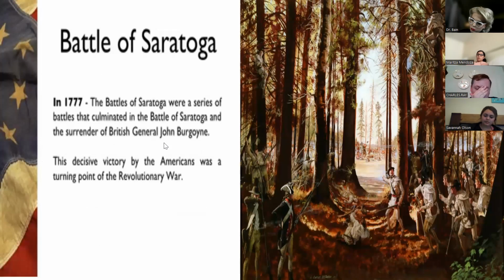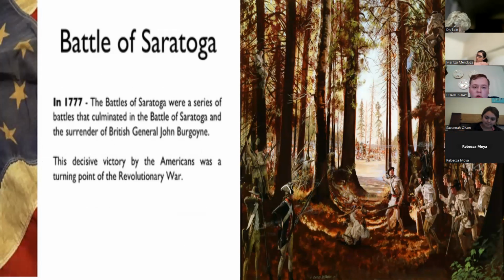Early on in the war, it does not go well for the Americans. They are fighting one of the best trained armies in the world, as well as one of the biggest navies. This is pretty much a losing proposition. I'll bet you $5 if we were to go back in time and not have the hindsight, we'd be betting on the British to win. We'd be betting they would crush the colonists. Honestly, another fun thing too is that most colonists weren't really on one side or the other. Most colonists are just trying to live their day-to-day life.